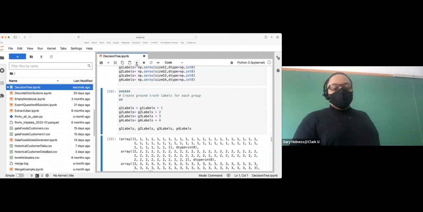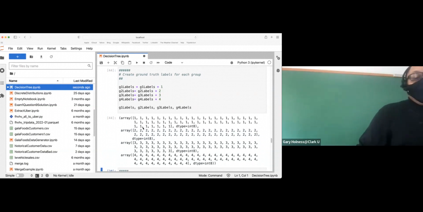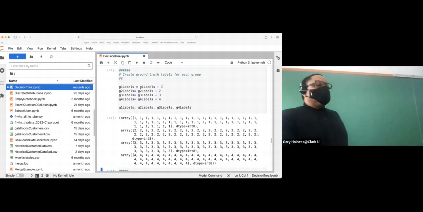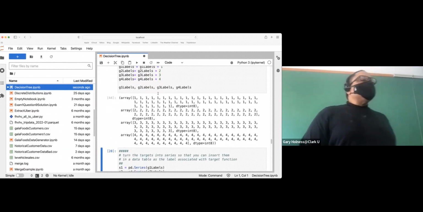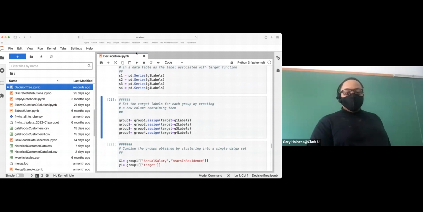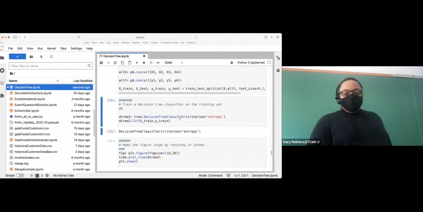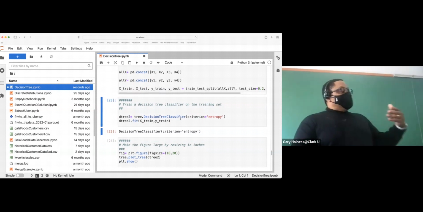And so now we're no longer doing approval or denial, where +1 is approval and -1 is denial. We're saying group 1, group 2, group 3, group 4, and the group number, we're calling out class labels. So in this case, our label set for the supervised learning problem is of size 4. And that's a more difficult classification problem because we've partitioned it into 4 groups. And so I construct a decision tree with that new version of the data set that I've assigned labels based on the 4-way clustering.